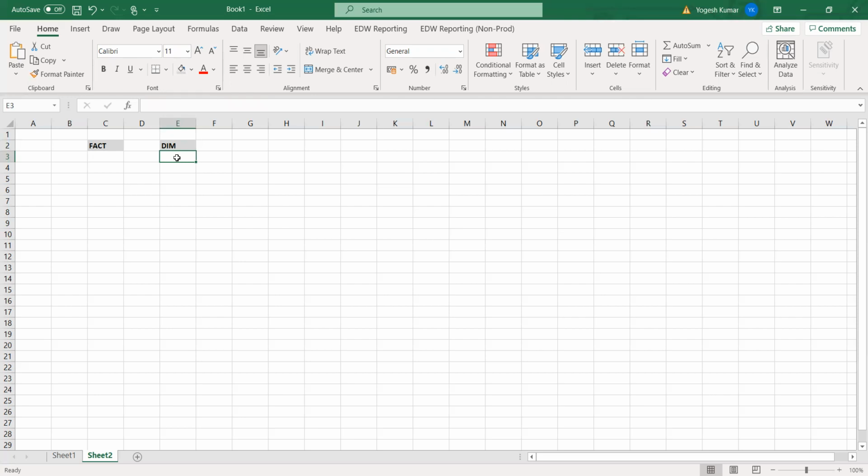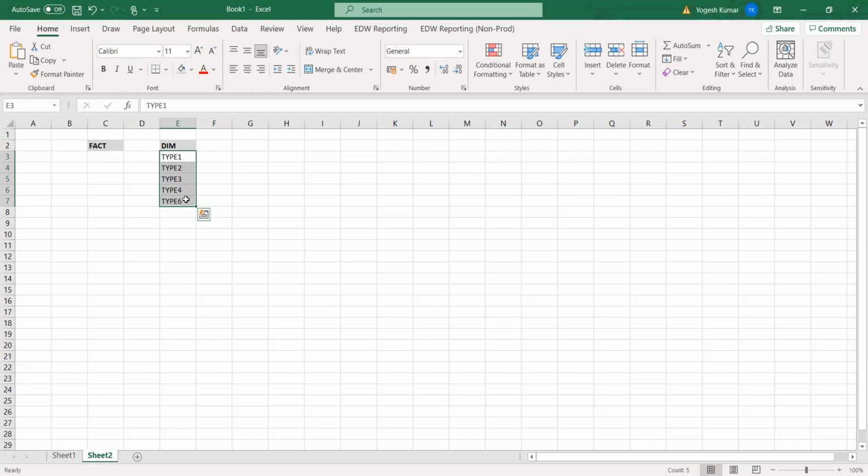Next, we will have different types of dimension tables under the dimension category, like type 1, type 2, type 3, type 4, type 6. So these five types we have in this data warehouse.